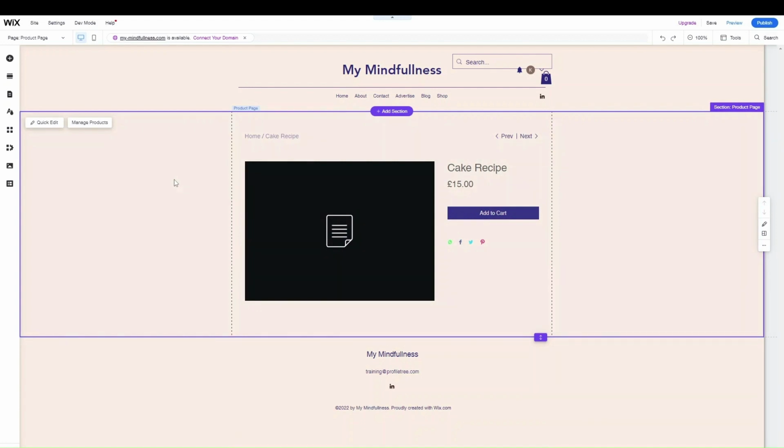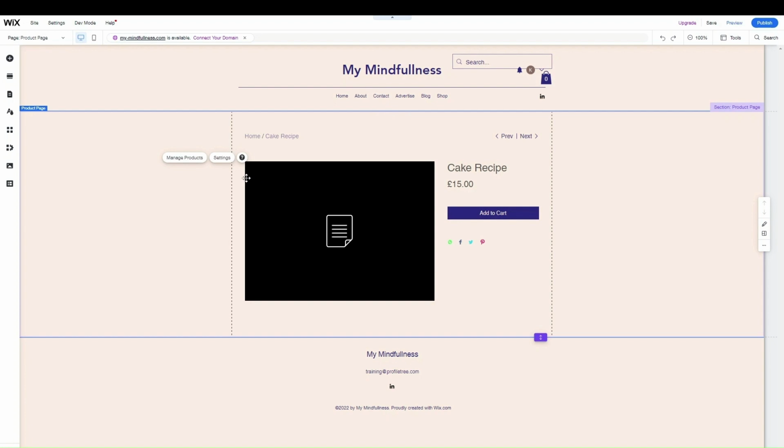And similar to the shop page, you can't change the layout like drag and drop the way you would in most Wix layouts, but you can click into the settings and then change what things are displayed and how they're being displayed. So for example, if you want to click into settings,